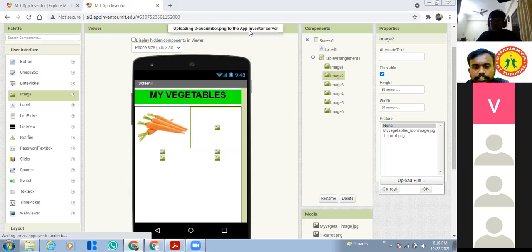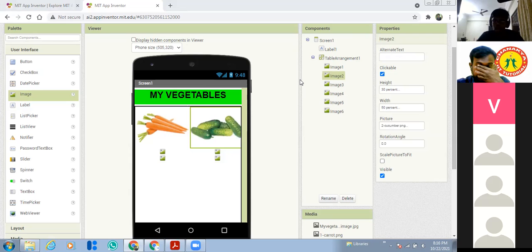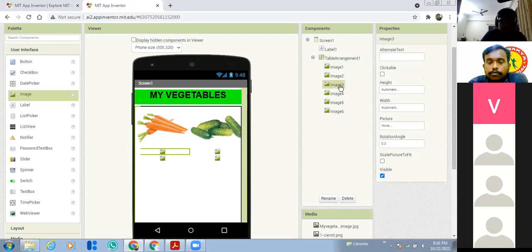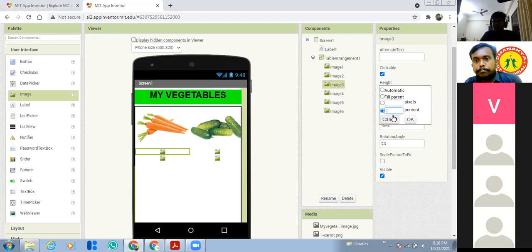Sir, when I'm keeping the images in the column, in the box, only 4 are... I kept 4 of them in, sir, but how can I keep the 5th one? Did you give the rows as 3 in the table arrangement? You should give the rows as 3, then only you can have 6 images. Yes, sir. Okay. Yeah, give the rows as 3 and columns as 2. So students, now everyone start doing it, and those who completed, give thumbs up.